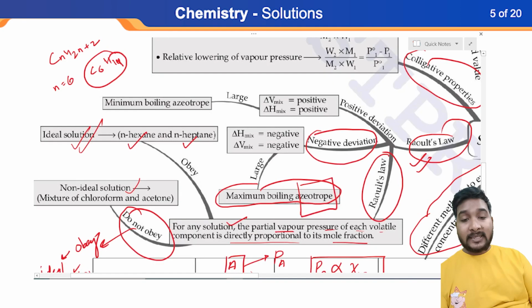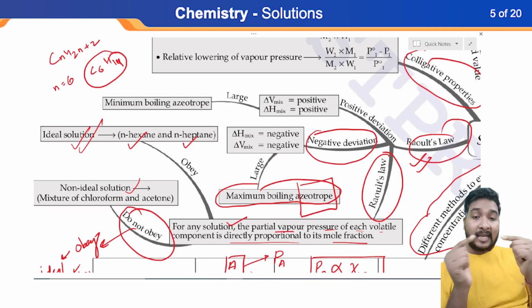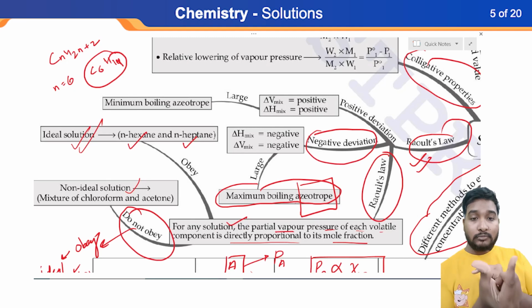The meaning of azeotrope is two solutions, two different components, whenever they mix together, the boiling point becomes equal. Suppose we have a substance A and we have substance B, and we are mixing A and B, and after mixing A and B, a new solution C is formed, and the boiling point of C is